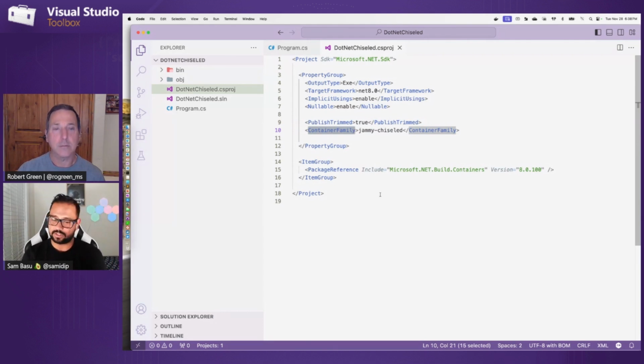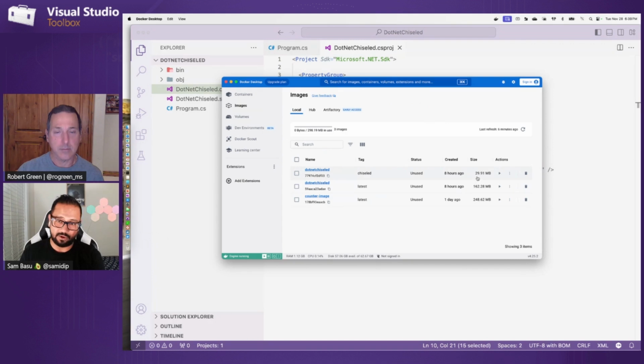So this was some work that the Canonical team did with Microsoft, and the latest Ubuntu runtime is actually called Jammy Jellyfish. So they called it Jammy here as well. So you are essentially choosing a Jammy chiseled runtime, and you are choosing the Microsoft build containers. So with that, if you do a build, the same exact app, it's going to be now 29 megabytes. And you can actually trim a lot more on this. They were showing off demos where it's down to 10 megabytes.